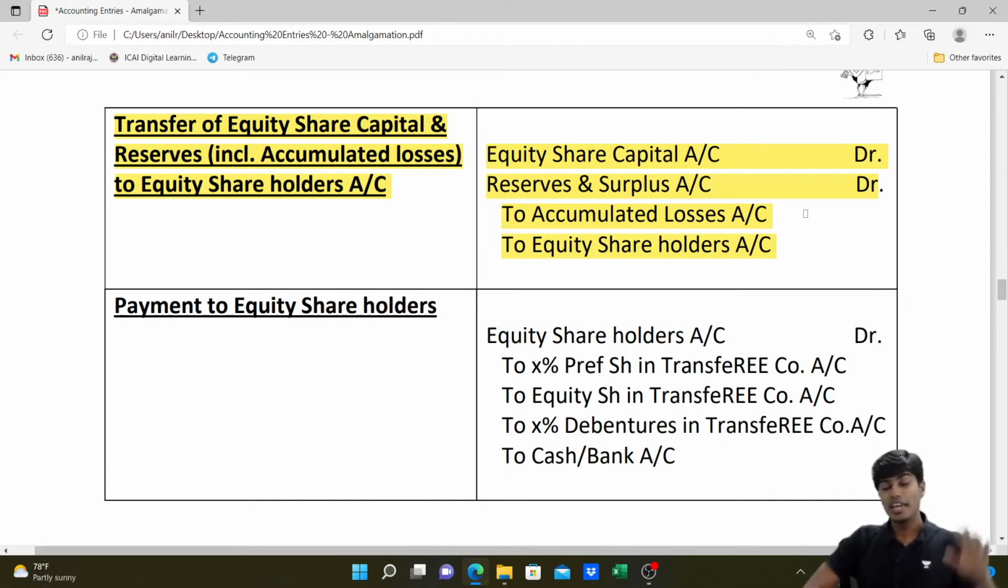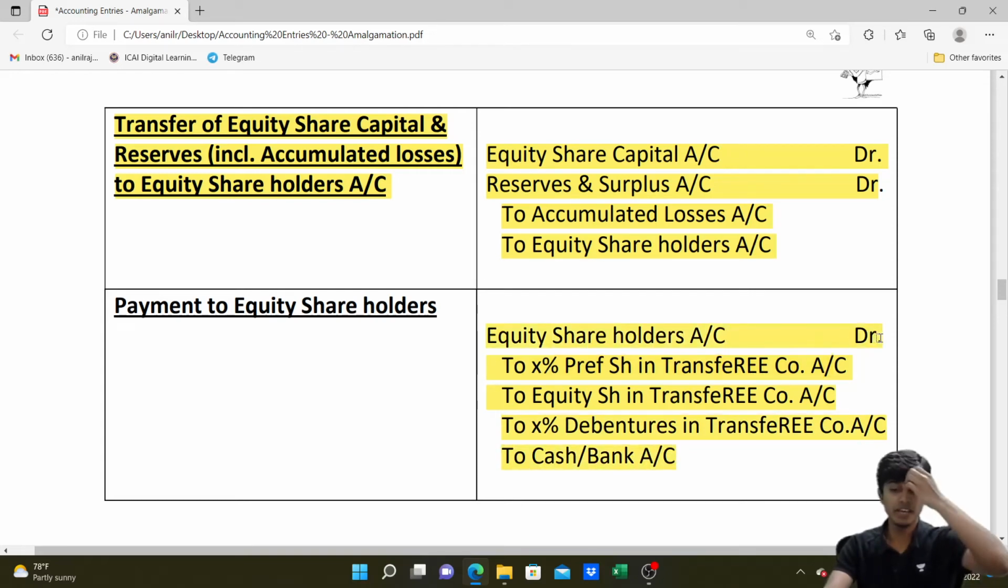So finally, in the PC receipt entry, we have debited equity shares in transferee, preference shares in transferee, debentures, cash, bank. All that will be credited here, because we are settling. See, 2x% preference share capital, 2 equity share in transferring, 2x% debentures, to cash and bank, and will finally debit